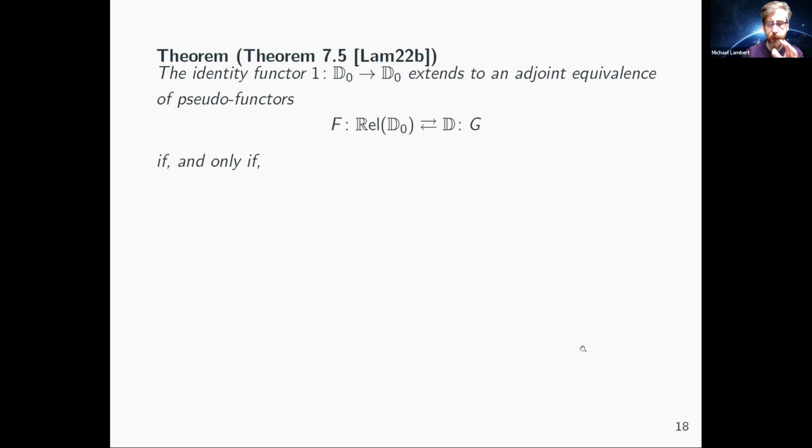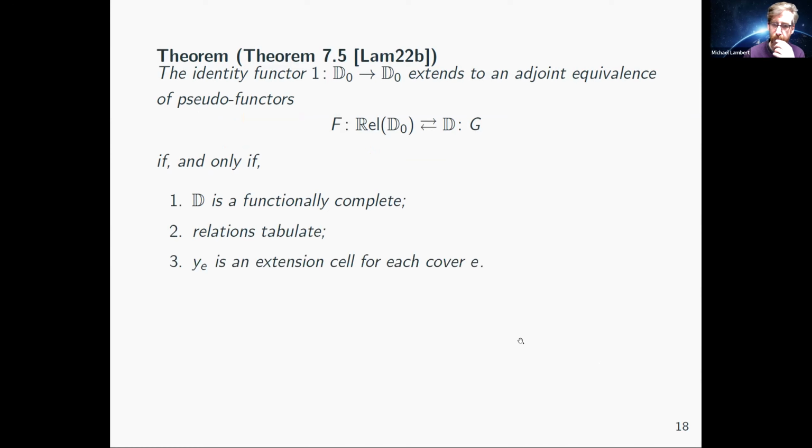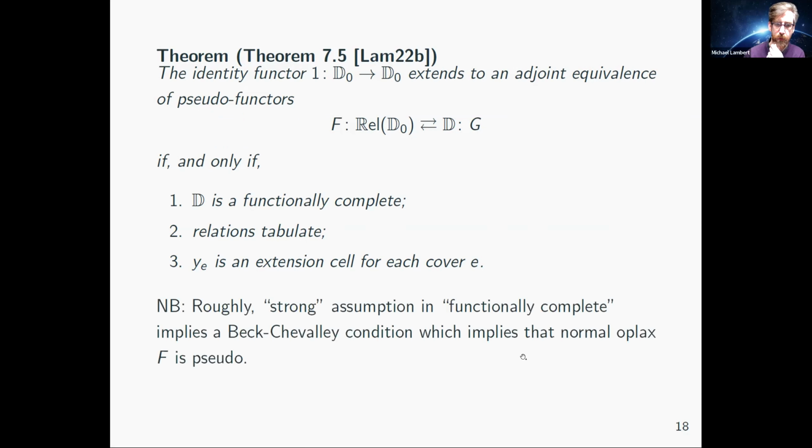So here's the improvement. I do have a standing hypothesis here that D0 is regular. We actually get an adjoint equivalence from the identity if and only if D is functionally complete, and relations tabulate, and then this YE is an extension cell for each cover. So